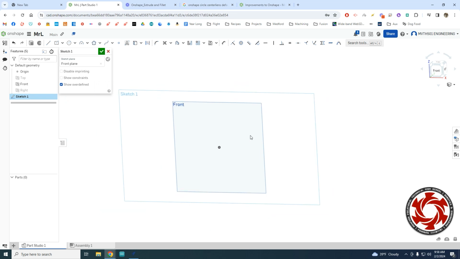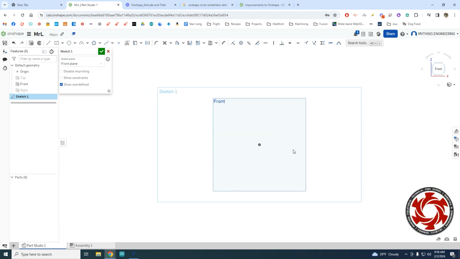When we click on it, you'll see this other box that shows up, says Sketch 1. That's telling us that we are now sketching on the front plane. And I'm going to right-click in it and just choose View Normal to Sketch Plane. That just brings it directly in view for us, kind of like we're looking straight down onto a piece of